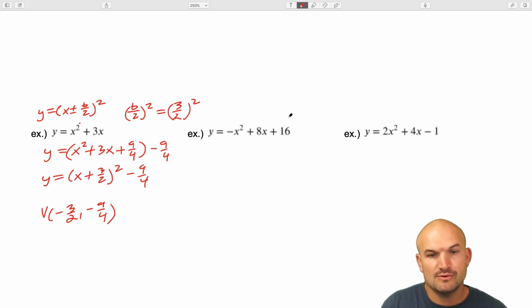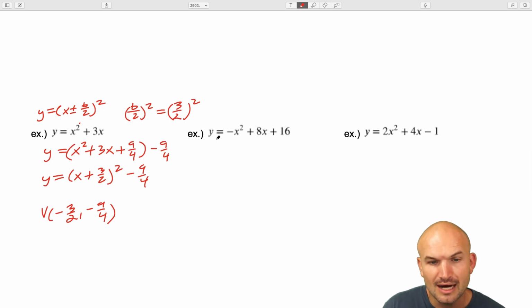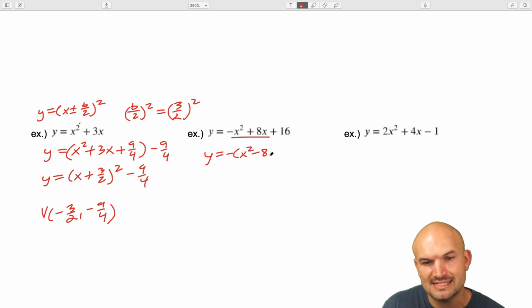All right. For the last two examples, the only difference here is we have a coefficient for our quadratic term. So we're just going to want to make sure we factor out the negative in this case, and in this case, factor out the 2. So we can see that this looks very similar to a quadratic, and there's a couple different ways to do this, but I'm just going to focus on, again, identifying those first two terms. So if I factor out a negative, I'm going to get left with x squared minus 8x